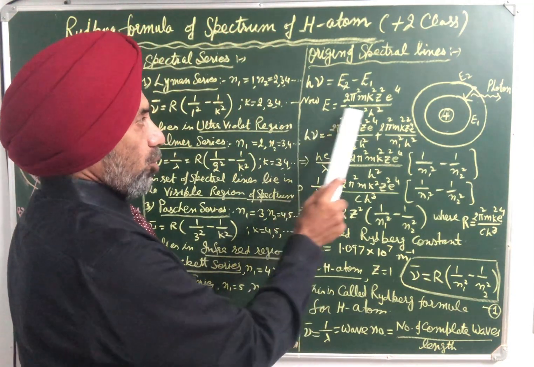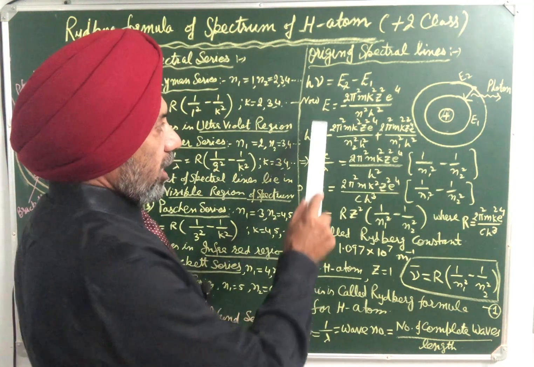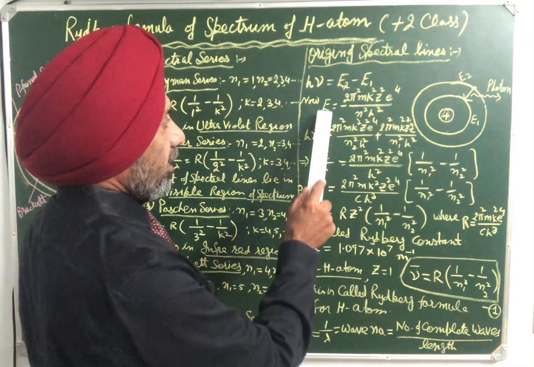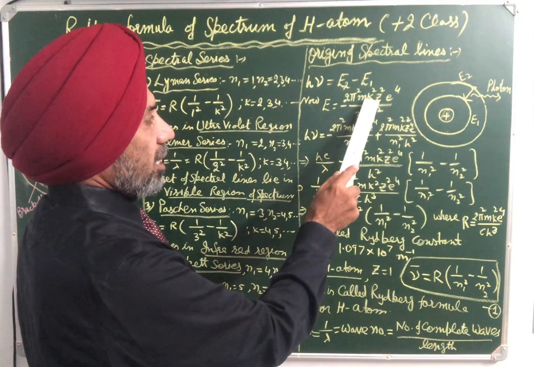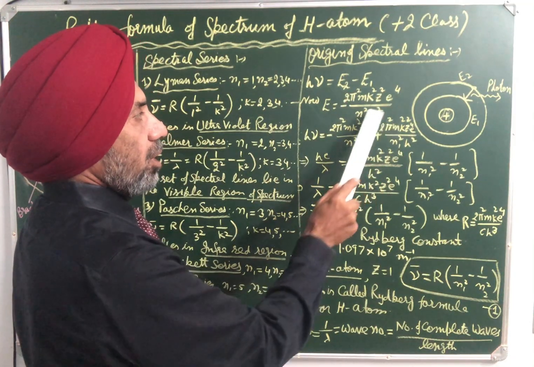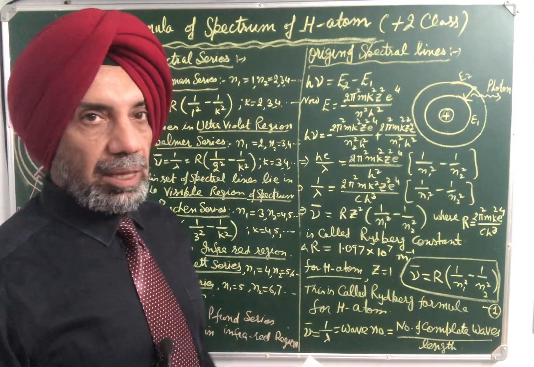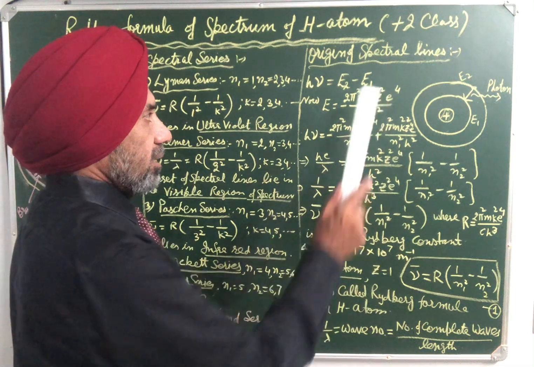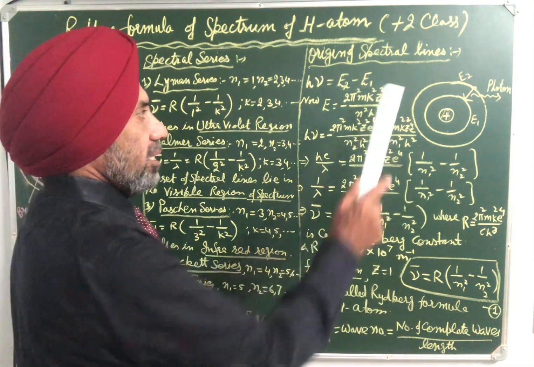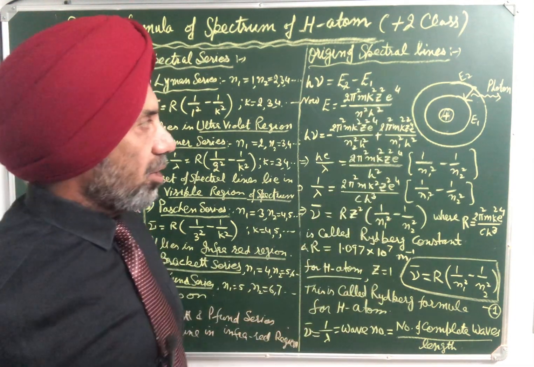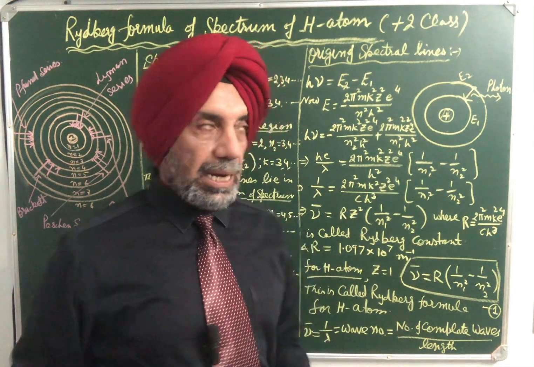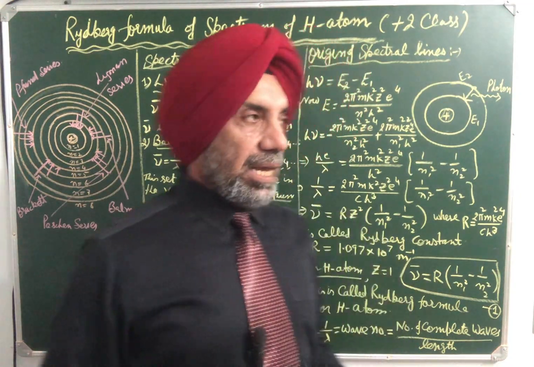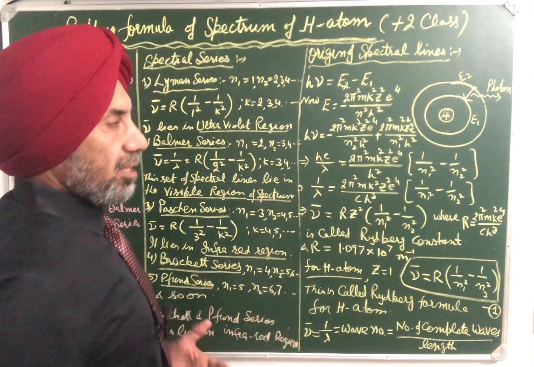Now, according to Bohr's theory, the total energy of an electron in an orbit having principal quantum number n is given by E is equal to minus 2 pi square m k square z square e to the power 4 upon n square h square, where m is the mass of the electron, k is equal to 1 upon 4 pi epsilon naught in the SI system, z is the atomic number, e is the charge on the electron, n the principal quantum number, and h is Planck's constant. And this negative sign indicates that the energy is negative. So this is the minimum energy state when it is in the ground state,